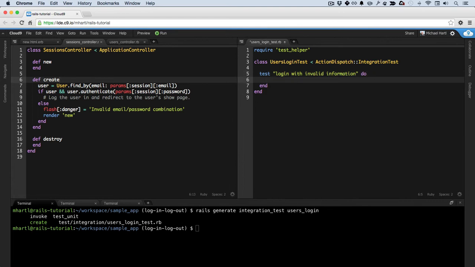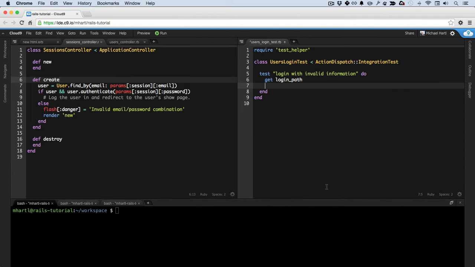So let's start by visiting the login path. So that's a get login path. While we're at it, let's make some other assertions to specify the right behavior. So this here should render the template